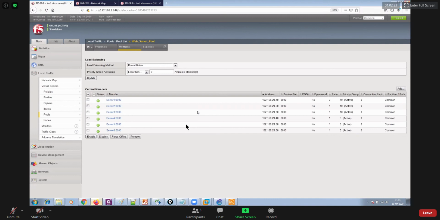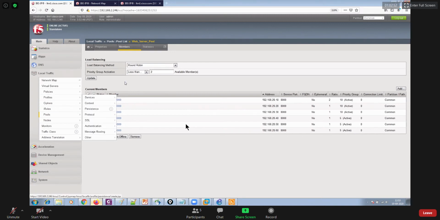Saurabh, Praveen here. I would like to add a few more points. Suppose I have a virtual server and I have three pool members in that virtual server. In that case, I won't be able to select a single pool member on the virtual server, and my virtual server will be in an unknown state. No, it will not be in an unknown state.